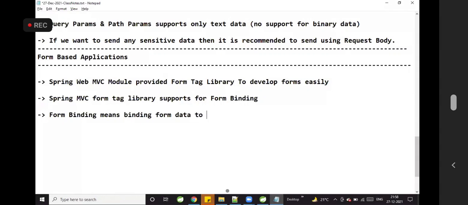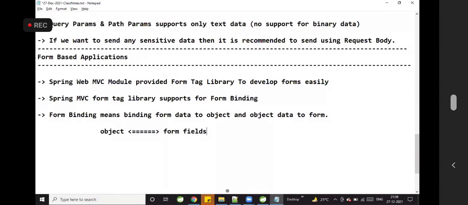That is called form binding. Form fields data will be stored to the object. Object data will be represented by form fields. That is called form binding.